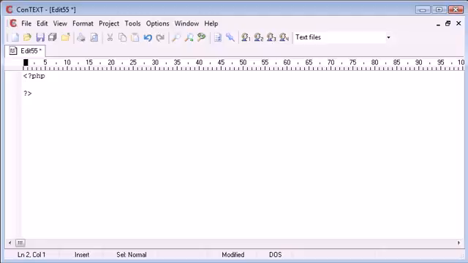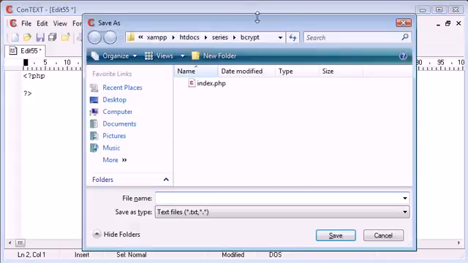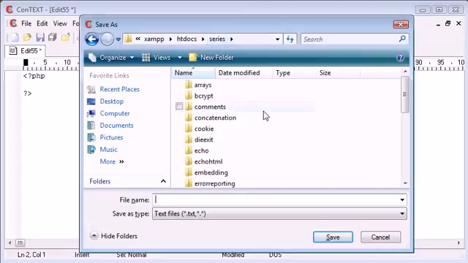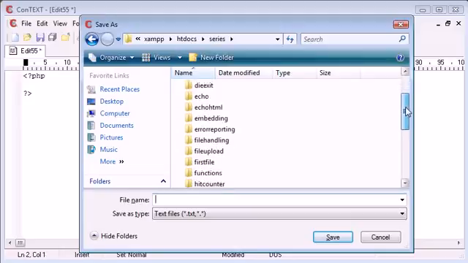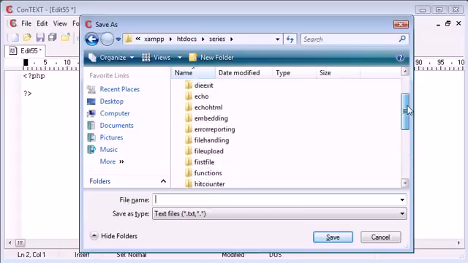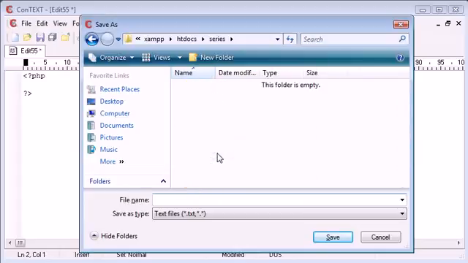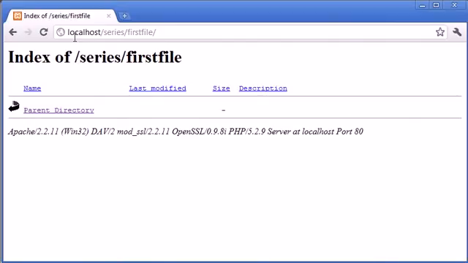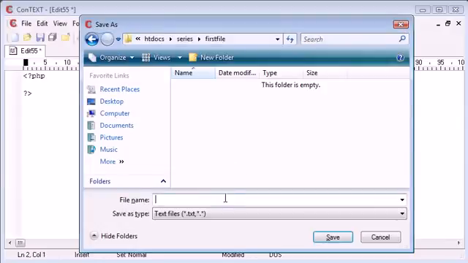So how do we go about saving our file so it can be interpreted properly by our web browser, or our web server? So we go ahead and we save the file. Now, I have a folder inside my htdocs folder called series, and this is where the code for the videos for the whole series will go. I've created a particular folder here called first file. So this is how we're going to access it in our web browser. We're going to go to localhost, series, first file, and then we're going to have our file name here. So let's just call this document